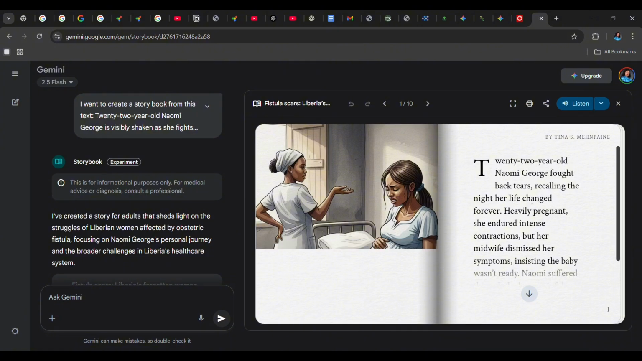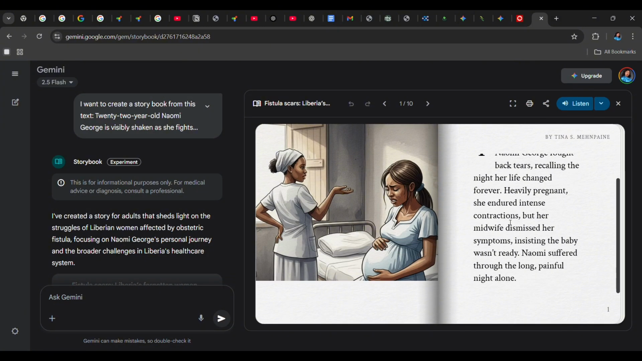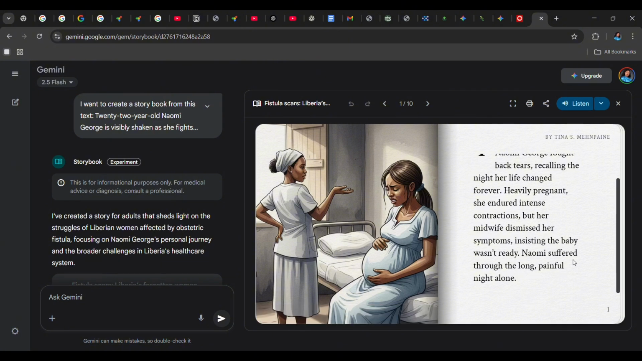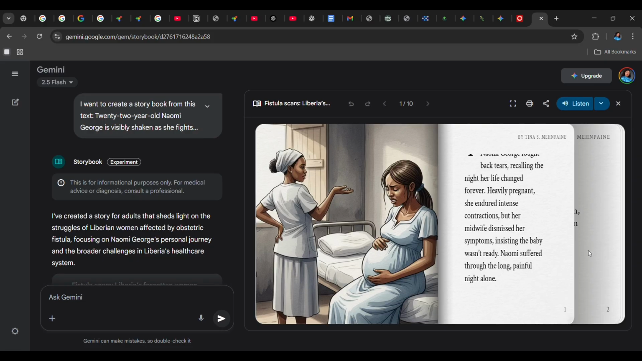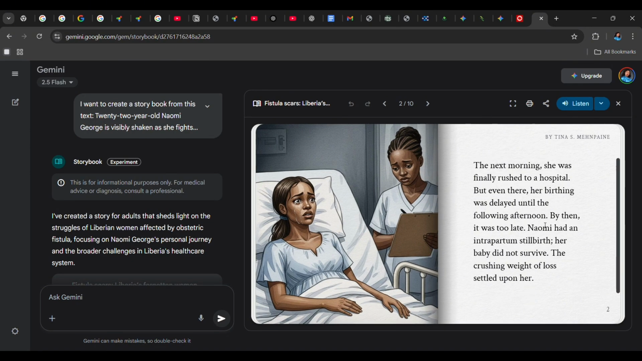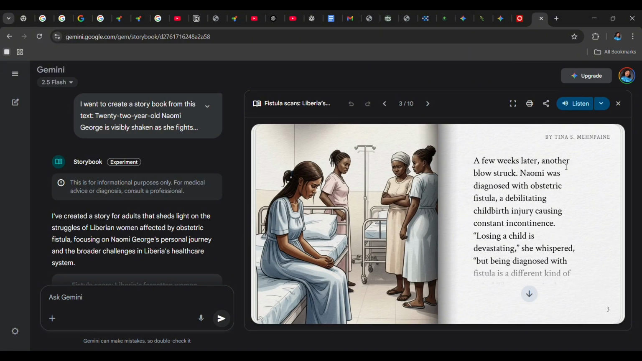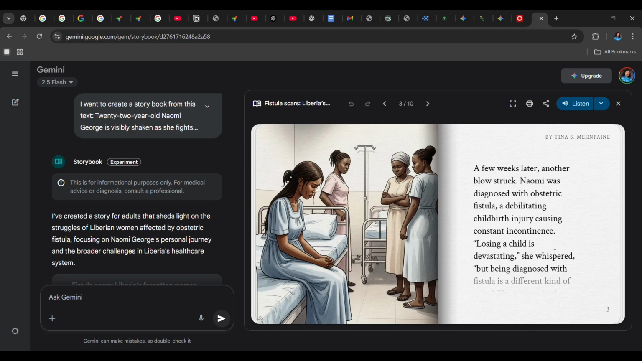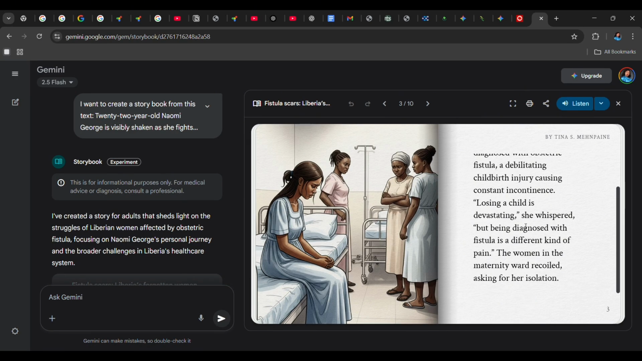Recalling the night her life changed forever. Heavily pregnant, she endured intense contractions, but her midwife dismissed her condition, insisting the baby wasn't ready. Naomi suffered through the long, painful night alone. Next morning, her birthing was delayed. By then, it was too late and she had a stillbirth. So, a few weeks later, another blow struck. Naomi was diagnosed with obstetric fistula. Losing a child is devastating, she whispered, but being diagnosed with